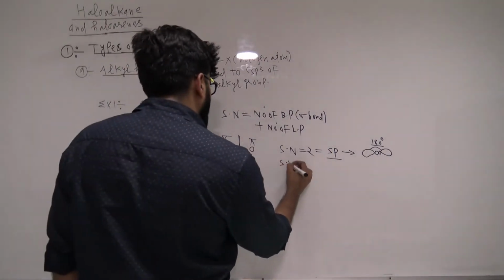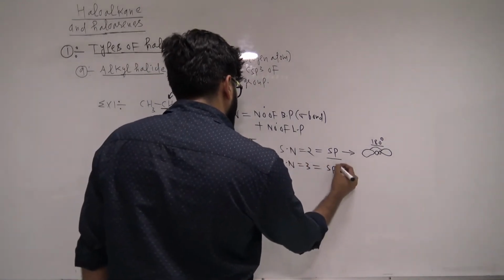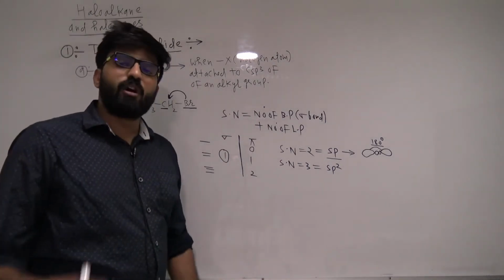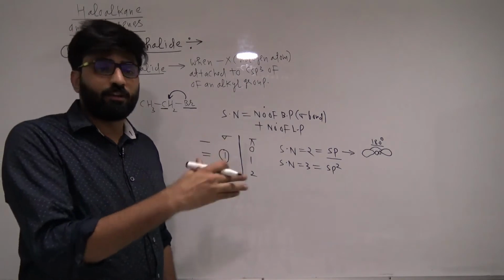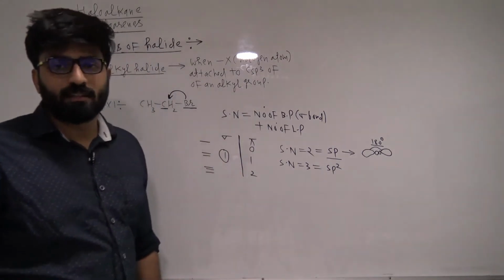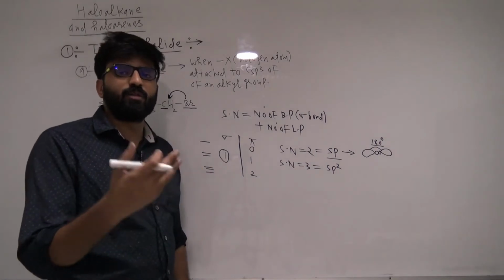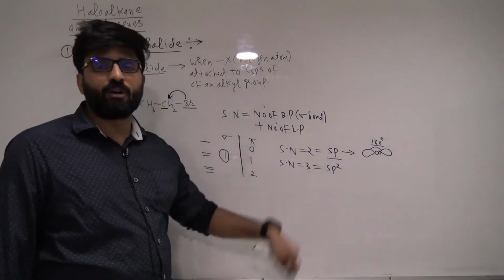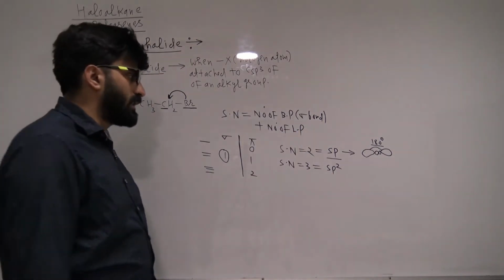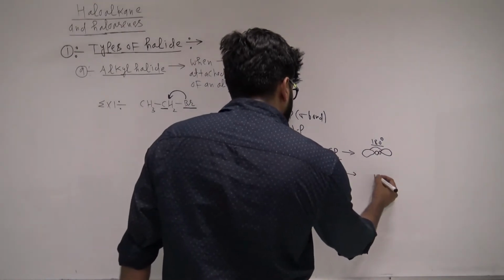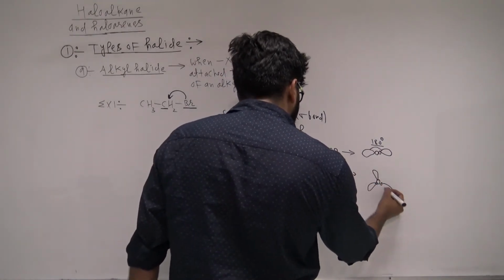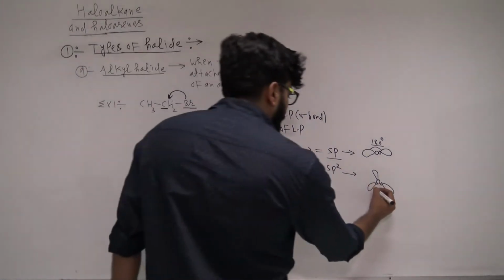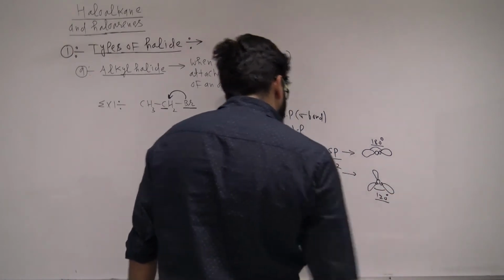Similarly, if the steric number comes out to be 3, then hybridization will be sp2. It involves 1 s orbital and 2 p orbitals, so 3 atomic orbitals are involved. According to hybridization theory, the number of atomic orbitals undergoing hybridization equals the number of hybrid orbitals formed. So we get 3 sp2 hybrid orbitals, and the best way to arrange them for least repulsion according to VSEPR theory is trigonal planar. This bond angle will be 120 degrees.